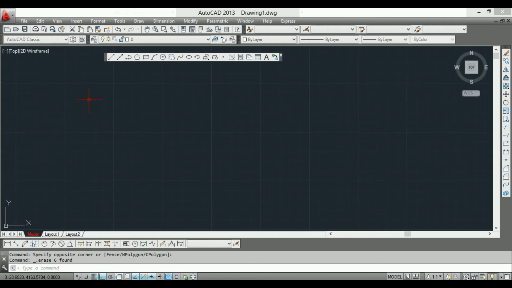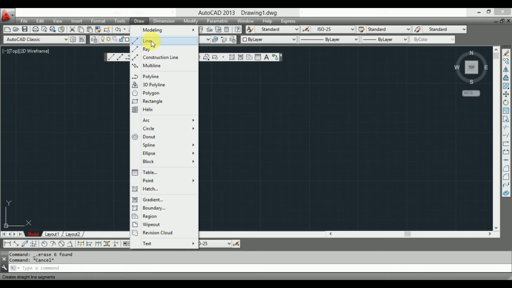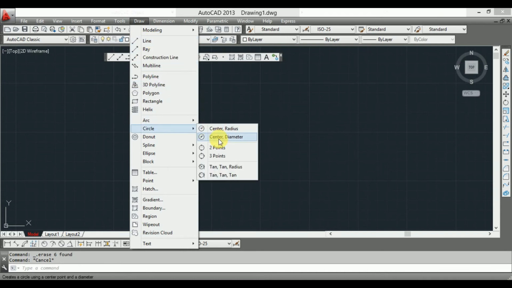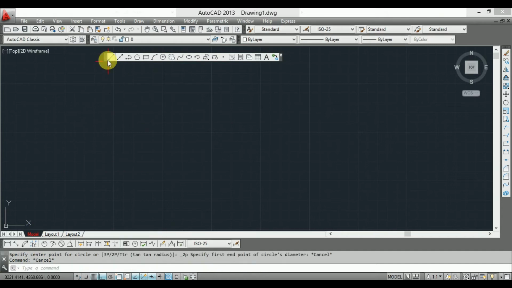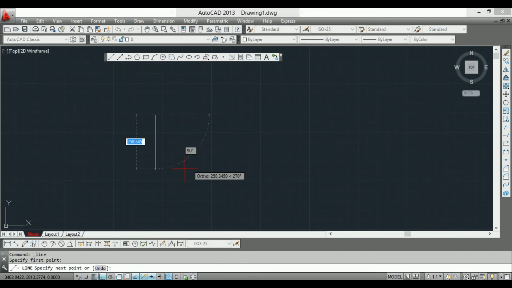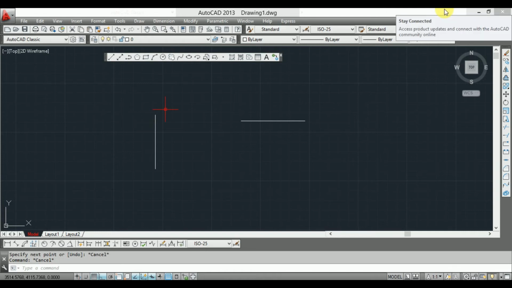This is the second case, guys, and the third case is if you want a circle from 2 points. Suppose you have 2 lines, one like this and the second like this, and you want a circle that goes through 2 points: one is the starting point of this line and the other is the starting point of the other line.